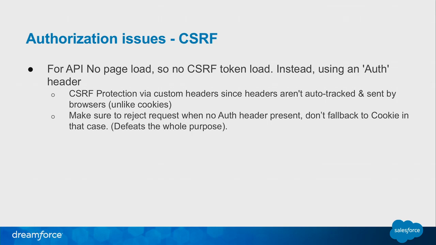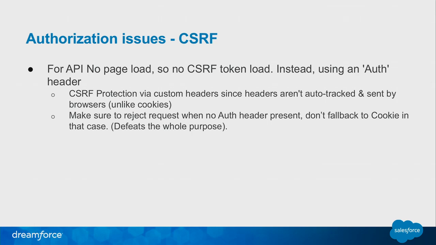But for APIs, there is no page load, so there is no CSRF token load. Now, what do I do? Does that mean I can't prevent CSRF? Because APIs are always doing state-changing operations, right? A lot of times it could not be a GET. It could just be a POST of like, let me update this or let me delete this, or all kinds of things. So the way you protect against CSRF for APIs is you use a custom header, which is an auth header, for sending